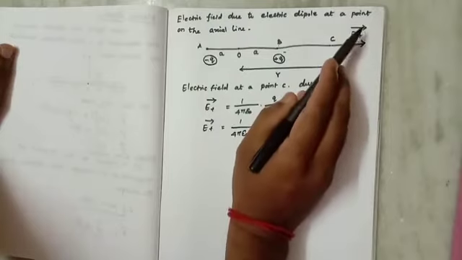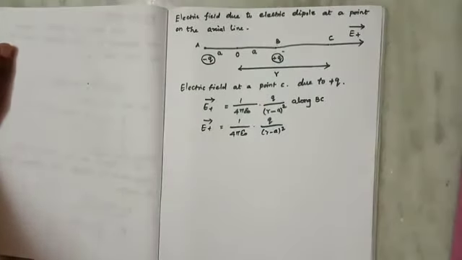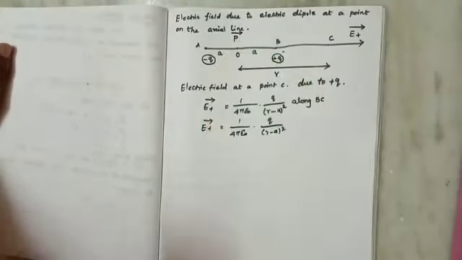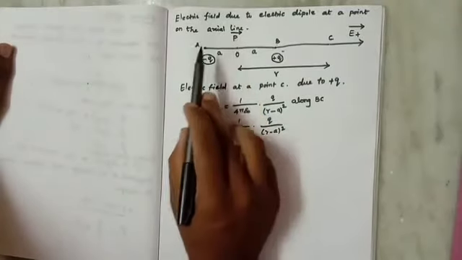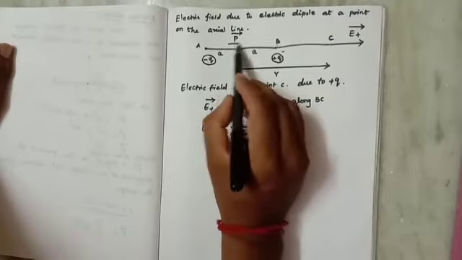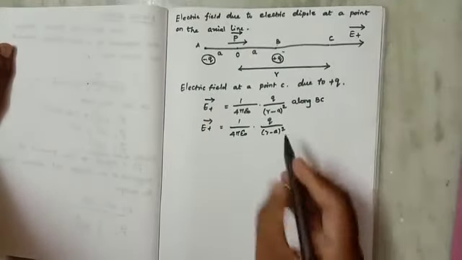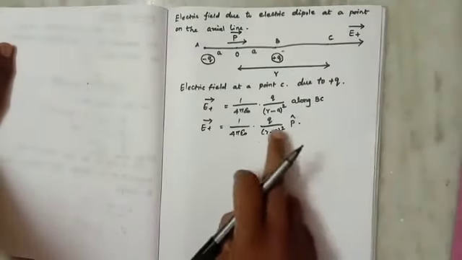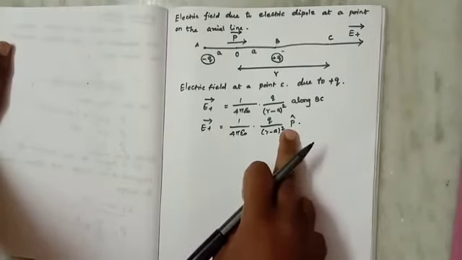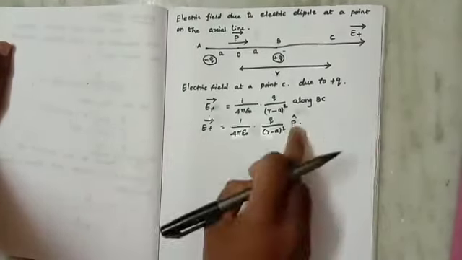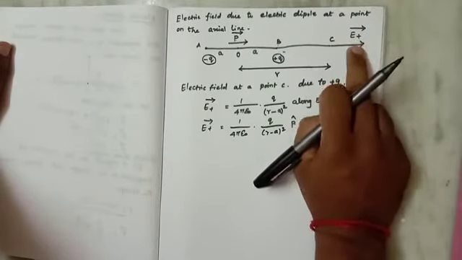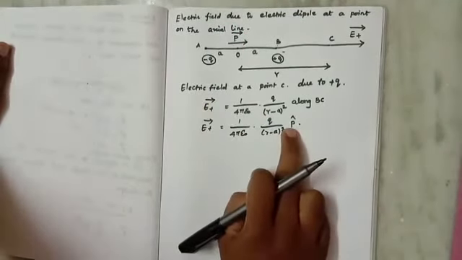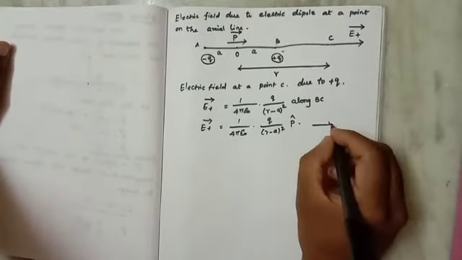Along BC means the electric field due to the positive charge, that is E plus vector. Here we can consider the electric dipole moment, which you already know is calculated by the formula of P vector. It is always directed from the negative charge to the positive charge, so it has a direction along BC. So in the next step, along BC means it is equal to P cap. Okay students, how can it be written as P cap, have you understood? Here the E vector is along BC, and the electric dipole moment is also along BC, so we can write P cap. So we can take this as equation number 1.